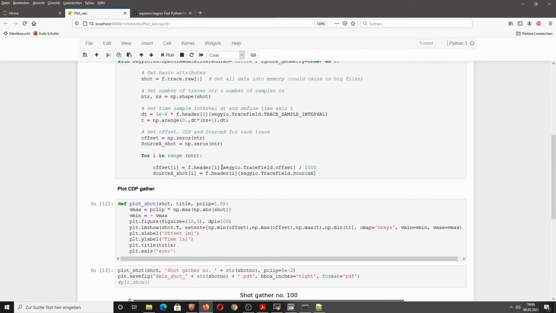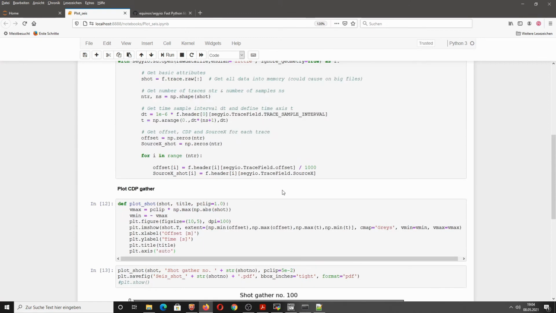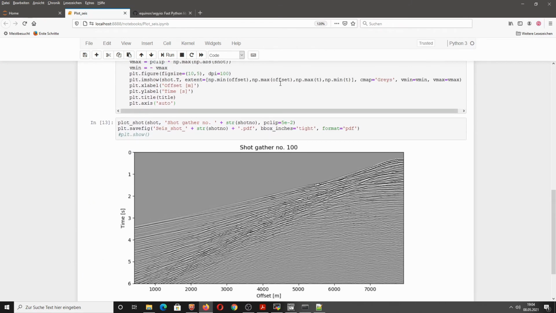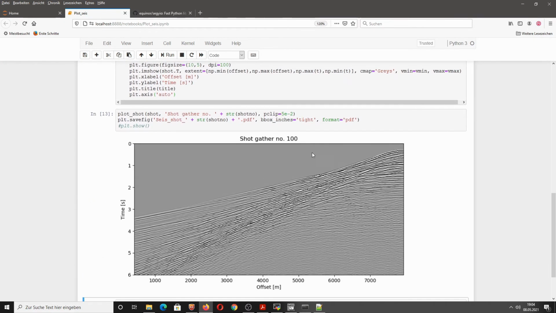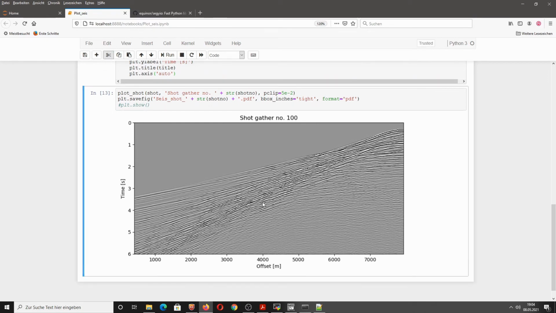So you can try to get the receiver position from your Seismic Unix file header and then plot the time over the receiver position. Then it would be correct, but the offsets here in this case are not correct. They are correctly imported, but I did not plot them correctly here. Yeah, so that's really important to keep in mind.